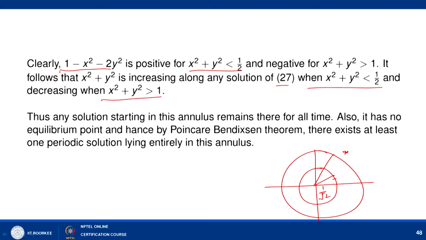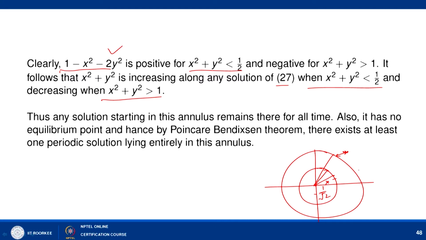because x square plus y square is bigger than 1. So, it means that the radius of the solution will try to decrease. It means that it will always come closer to the unit circle x square plus y square equal to 1. And if we take any solution in a circle here, then 1 minus x square minus 2 y square is positive and your radius vector is trying